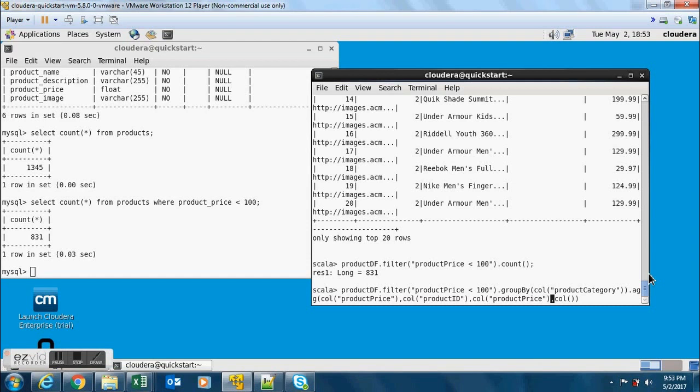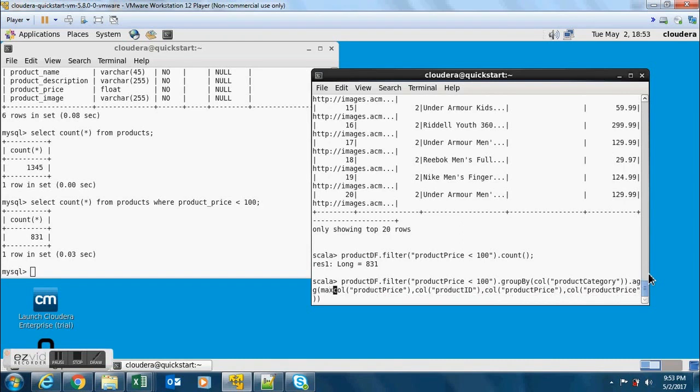And then I'm going to do product price here and product price here, because the remaining aggregations are on product price. And the first one I'm going to say max, and then here I'm going to do count of distinct, and average, and minimum,